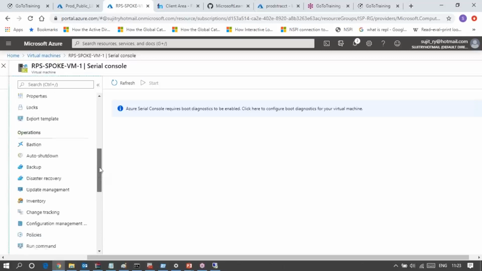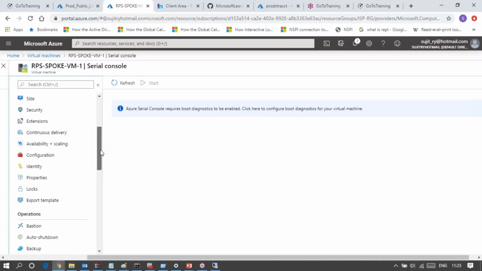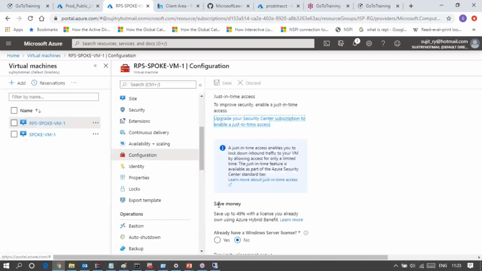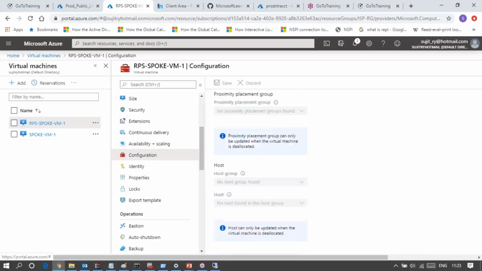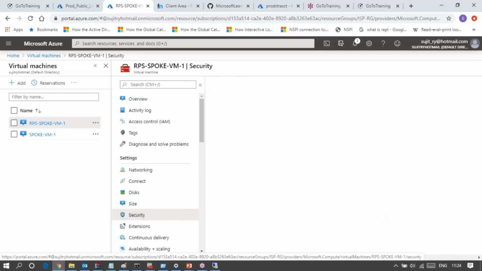Security, let me check that. Do I have any option to change the admin password?